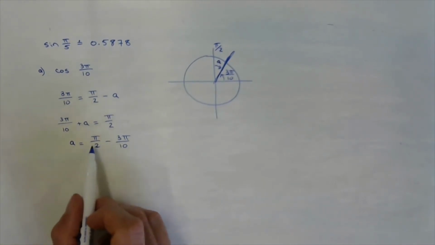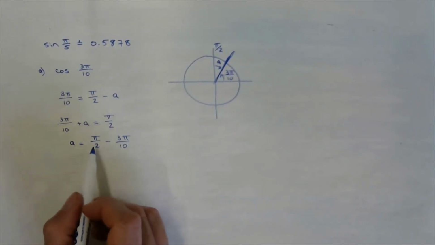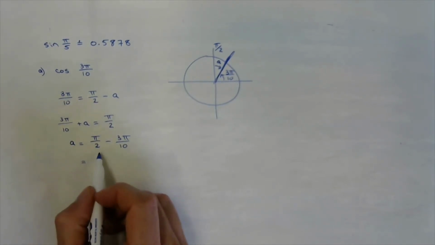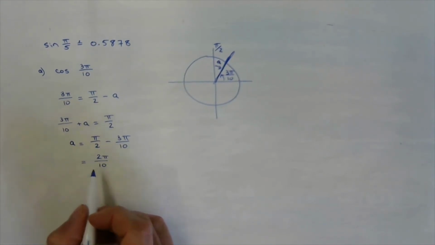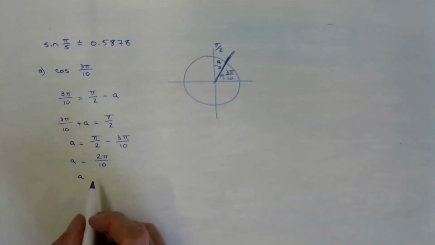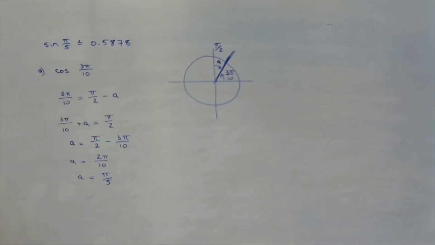Now in order to add and subtract fractions, I want to have a common denominator. So here I'm going to take pi over 2, I'm going to multiply top and bottom by 5. It's going to give me 5 pi over 10, right? 5 pi over 10 minus 3 pi over 10, that's 2 pi over 10, which reduces to pi over 5. Okay,